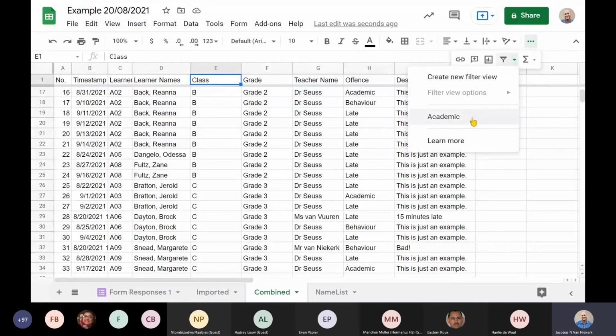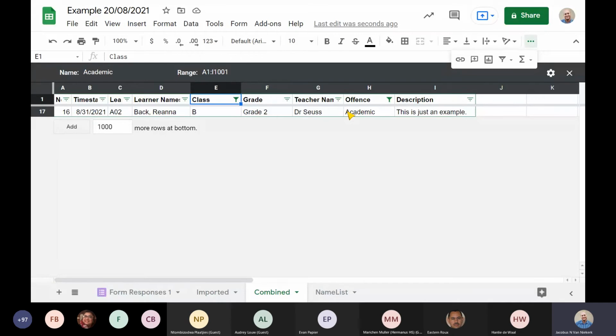So such a great way. And for those of you who have, personally, I've used filters in Excel a lot. Filters in Google Sheets are just so much easier when I compare them to filters in Excel. Sometimes it's a very, very quick and easy way to sort through information. And the other thing that's great about filter views is that we've got staff members who are more clued up and stronger with ICT backgrounds. So that person can go and set up filter views that the rest of the staff can use, which is obviously a very useful thing to do.